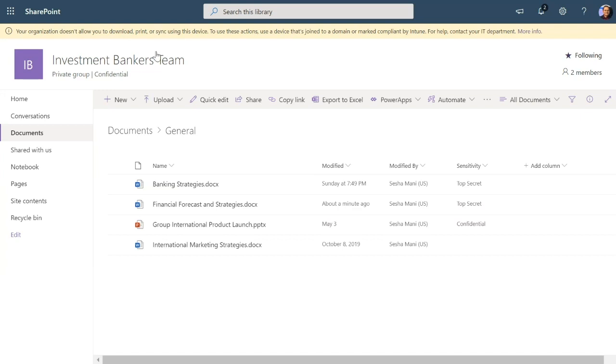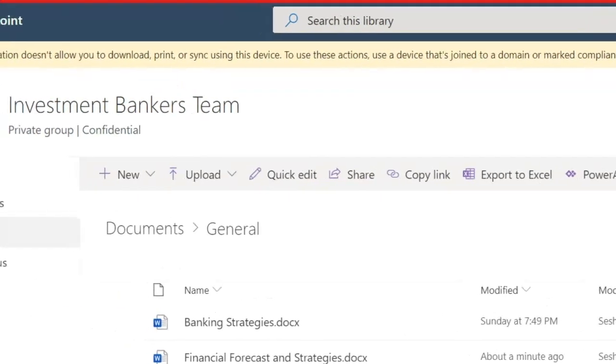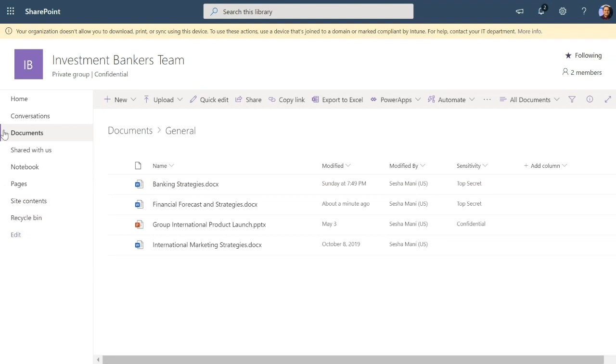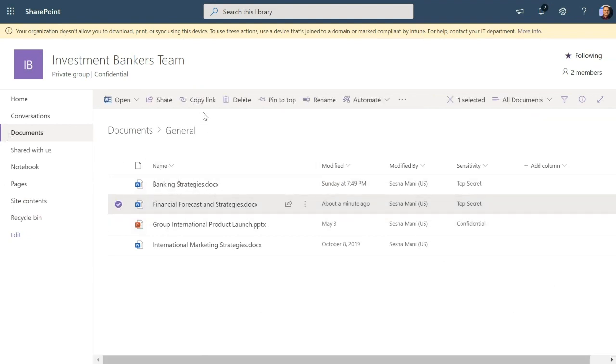Because the confidential label has an unmanaged device policy that says limited access only from the web, right? In this demo, I'm accessing the site from an unmanaged device, and hence this information is shown to me. It is telling me that your organization doesn't allow you to download, print, or sync using this unmanaged device. And that means if I go and select a particular file, you can see that there is no option available for me to sync or download that file because it is protecting me from taking the file away from the corporate data itself. So that was a quick tour of sensitivity labels in files as well as in sites,